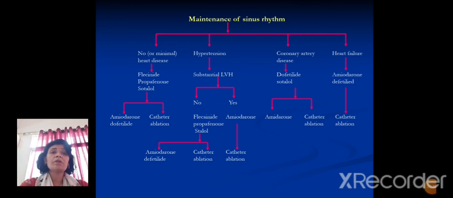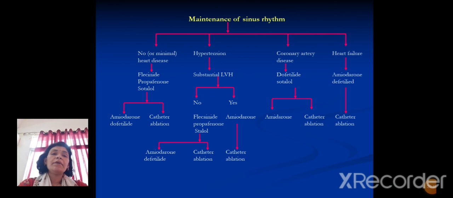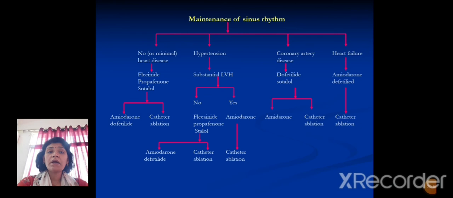In patients who have hypertension and evidence of substantial LVH, in these patients we start amiodarone, and later we can try catheter ablation if it is not responding. While those patients who do not have substantial evidence of left ventricular hypertrophy, there we can use flecainide, propafenone or sotalol initially, and later if they are not responding, then we can